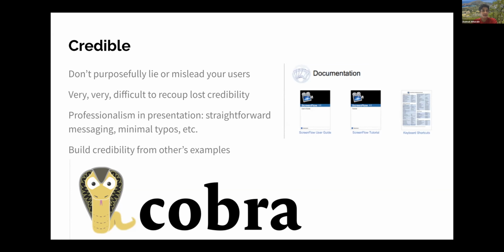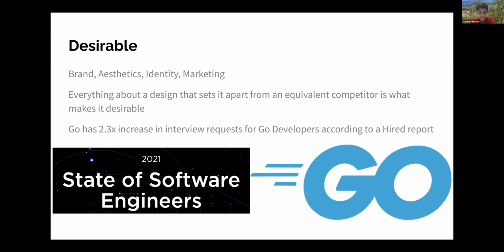Okay, facet number 5, desirable. This is another intrinsic design aspect. It's like credibility in that sense, where it's hard to measure if something is desirable. You can do focus group testing, where you give your product and 2 competitors to 3 people and see which one they choose, just based off of branding alone. But it's hard to test. And making something desirable is